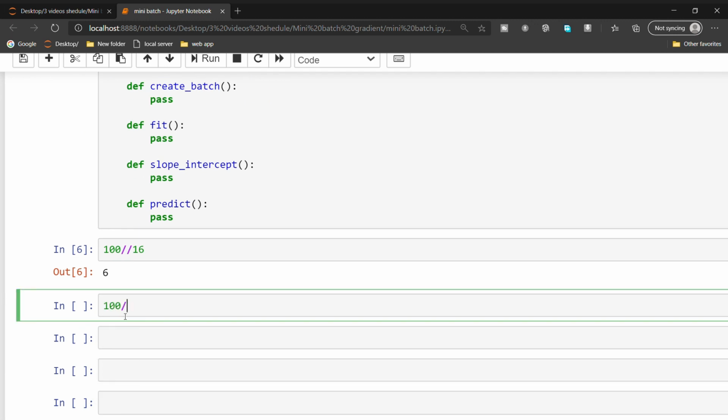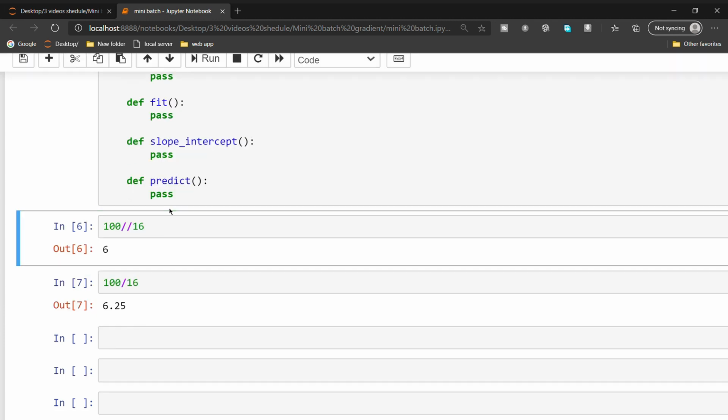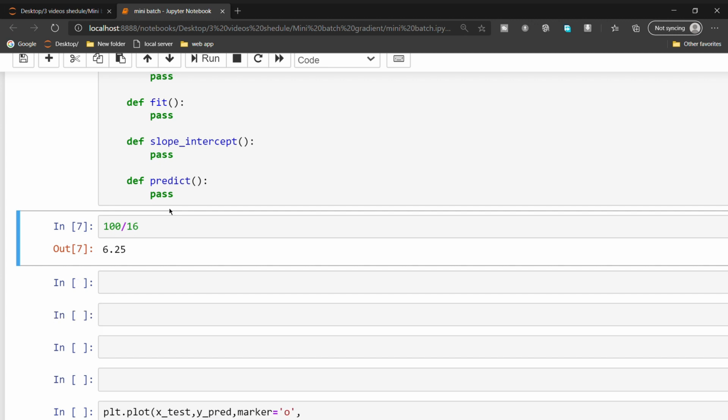Sometimes, like here, we get 6.25. So we have 6 full batches, and another batch does not contain exactly 16 examples. So in our data set we have 7 batches. In 6 batches, each batch contains 16 examples, and the remaining batch contains less than 16 examples. That is how we have to take it. So you get clarity on how to create batches.